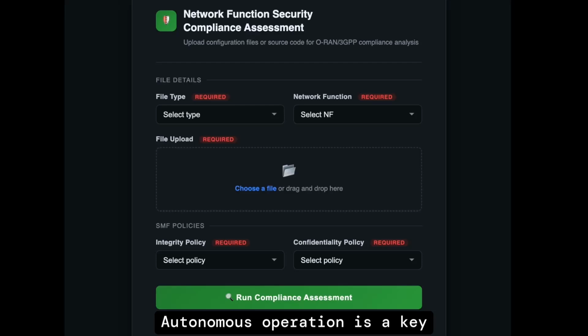Autonomous operation is a key vision for 6G networks, where complex multi-vendor RAN environments must continuously adapt to evolving requirements. However, ensuring security compliance with 3GPP and O-RAN standards remains a challenging and largely manual process. In our recent research, titled Agentic AI for 6G, a new paradigm for autonomous RAN security compliance, we developed an